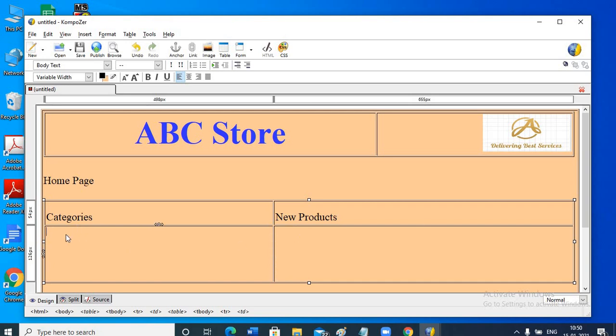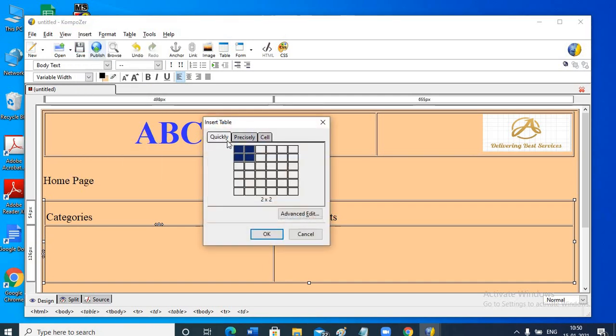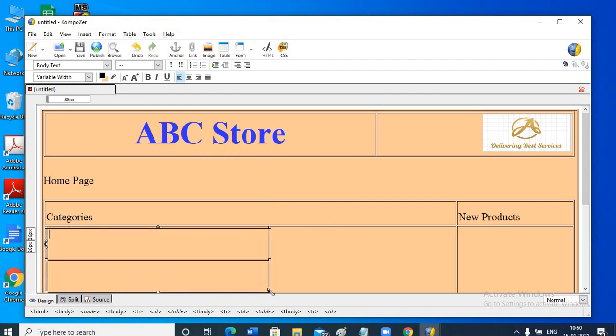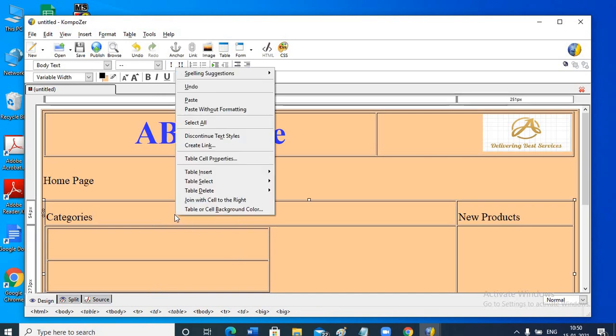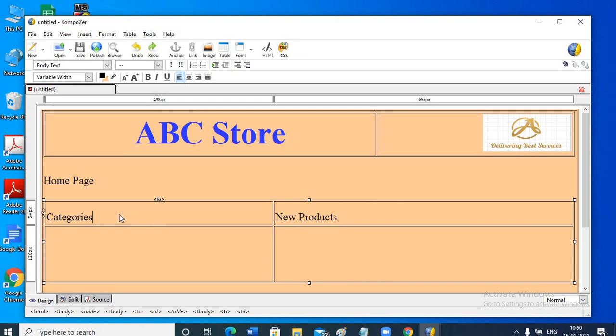Now beneath the category, we'll insert the table again. Insert table. Before doing this, I would like to decrease the width of this categories.